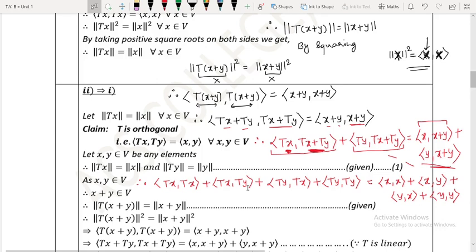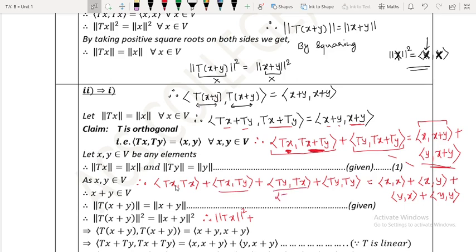Now just the simplification part is left. Now what is the inner product of tx with tx? Since the inner product of x with x is norm of x squared, the inner product of tx with tx will therefore be norm of tx squared. Is that okay? Plus now the inner product of tx with ty and the inner product of ty with tx, but this